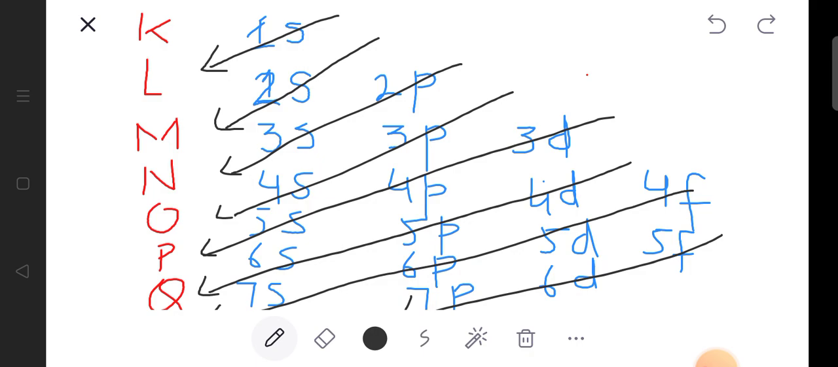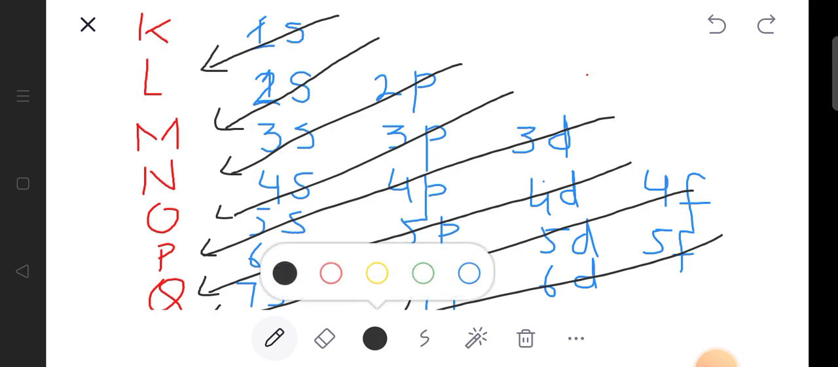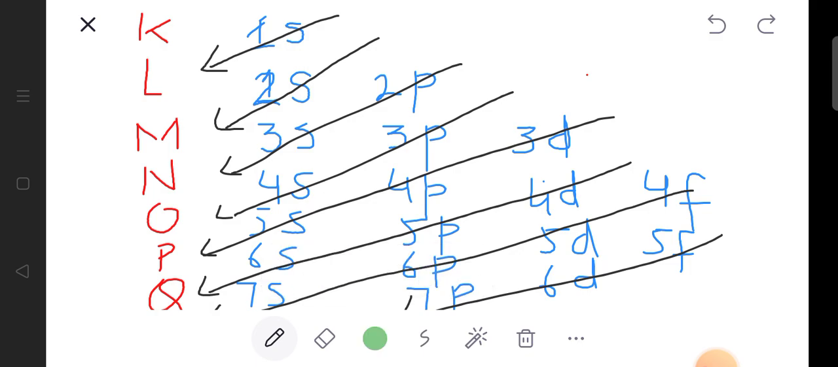Now arrange these subshells in order of increasing energies. How will we arrange these subshells? First of all, we will write the subshell 1s because it is on the first arrow, then 2s, the second arrow. The third arrow contains two subshells, so we will write from tail to head. So 2p, then